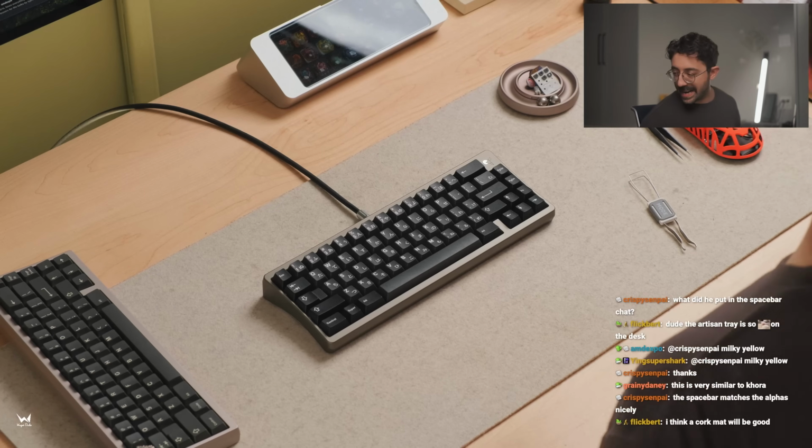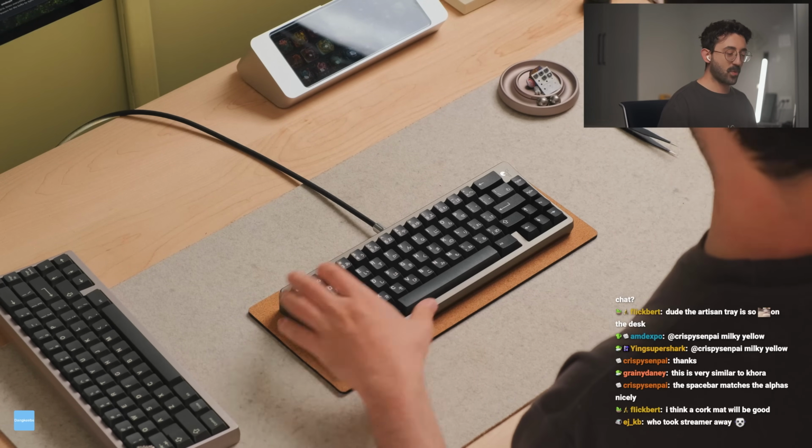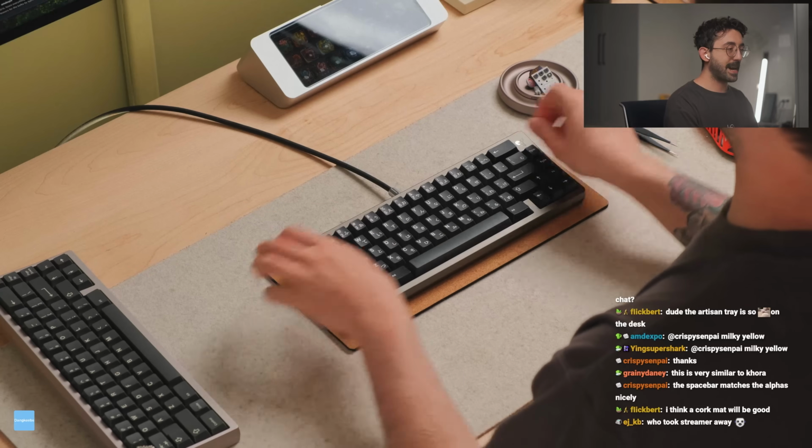You want to see with the cork mat? Sure, let me get one. Or maybe a little bit more isolated just because you're double desk padding right now, but